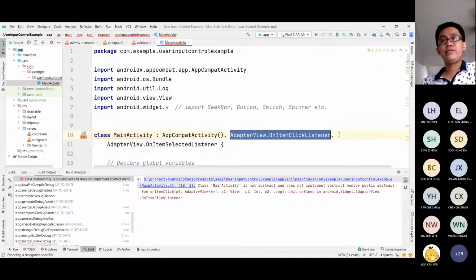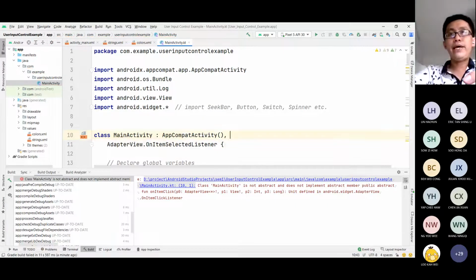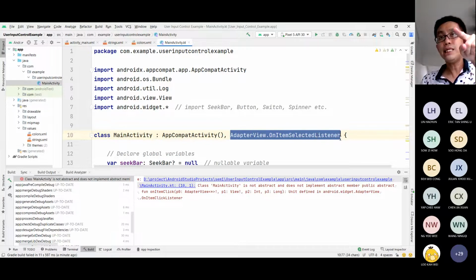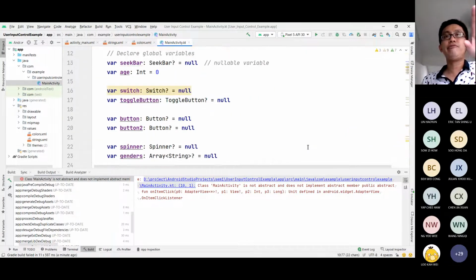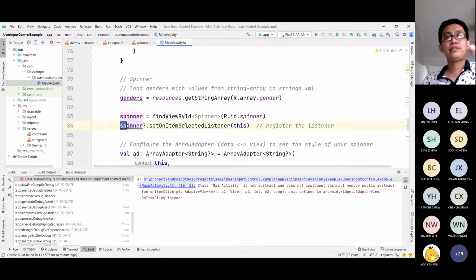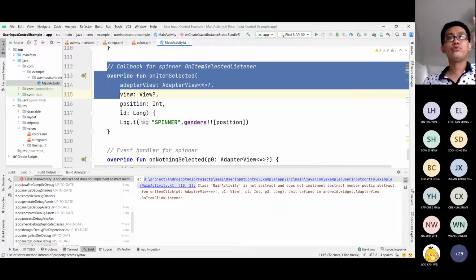Okay, we just need to remove this one. It's there already. We need to implement this, so this is an interface. Adapter view on item selected listener. You must have this adapter view. The click remove because I did it wrongly. Adapter view on item selected listener. This one, on item selected listener, is the interface for this function. And the callback for this listener, here we only register the callback, and then we need to implement two, actually not one, two callback methods,